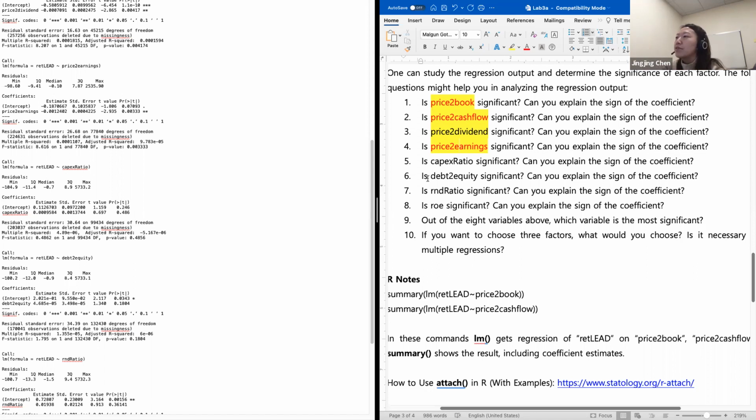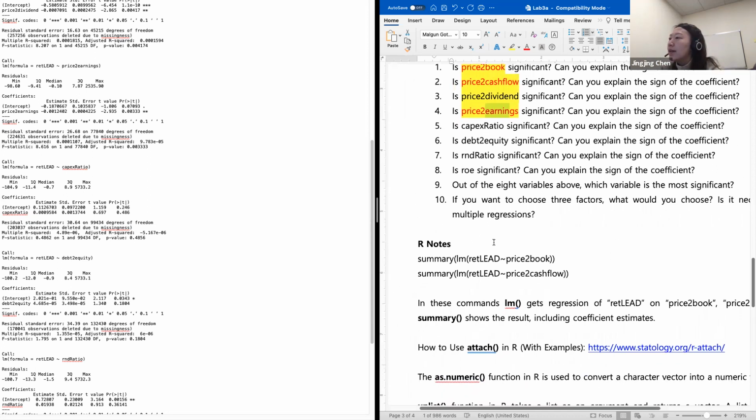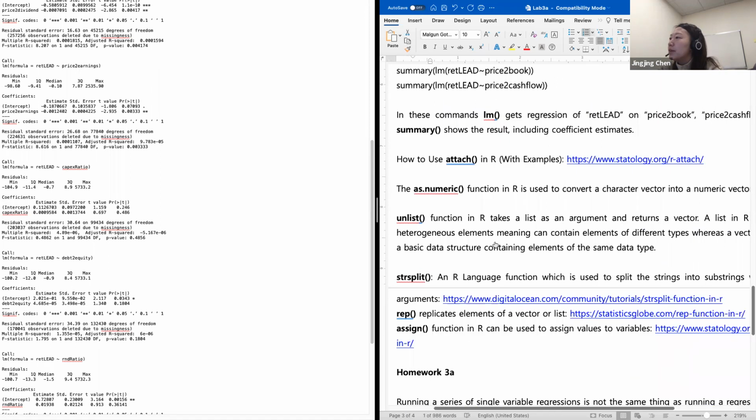But if you found R&D ratio or debt to equity significant, then it will be necessary to put R&D or debt, and price to book or price to cash flow, into the same regression. These 3 variables are looking at very similar things. They're just changing their denominator using another accounting measurement of profitability. All right, so that is